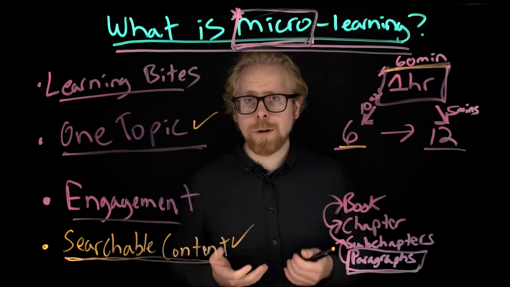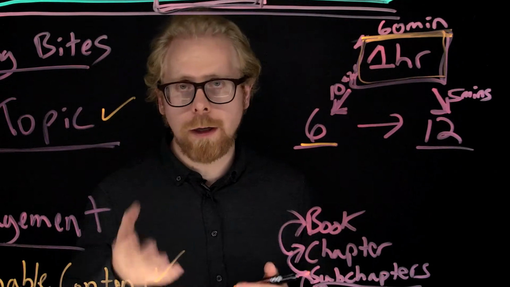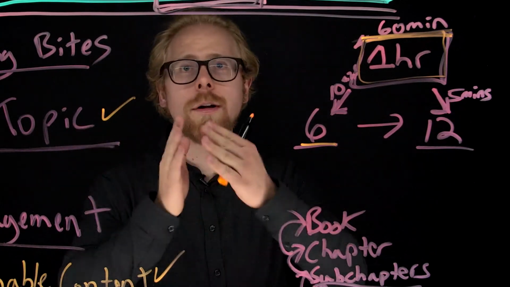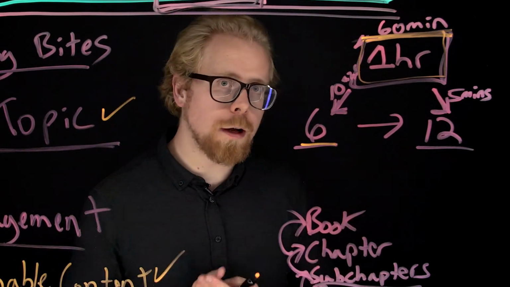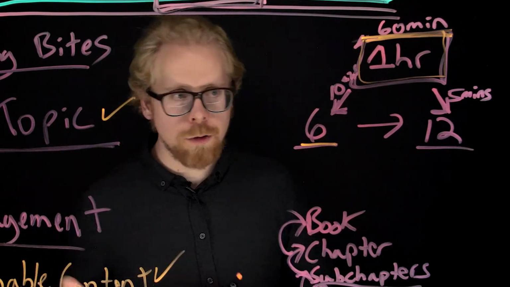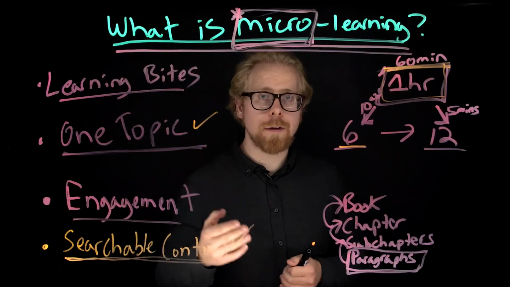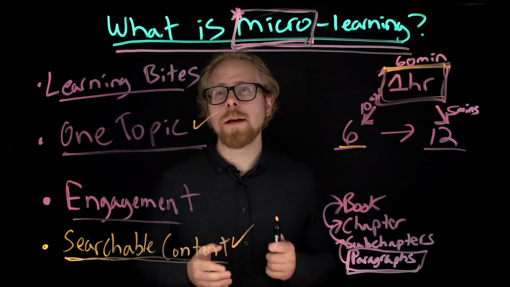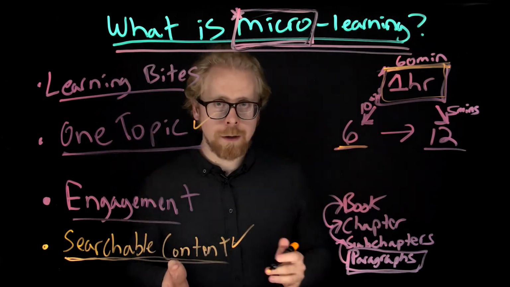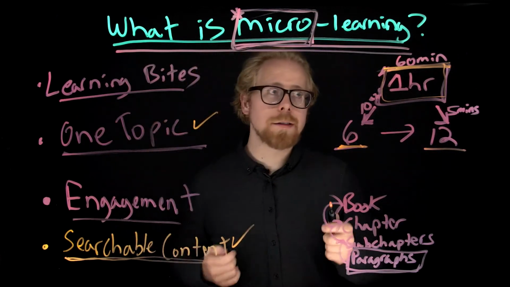So if you're building an e-learning program, an online learning program that you're selling, same thing. So from an internal e-learning perspective, what this allows you to do is you may be recording tons of content, right? Tons of onboarding content. You could be recording 2 hours, 4 hours, 8 hours at a time, Zoom calls, just picking up your phone, recording different processes that you have. That's perfect. That's a perfect starting point that you can then break those pieces of content down into these searchable nuggets that are between 6 and 12 learning bites per hour of content.